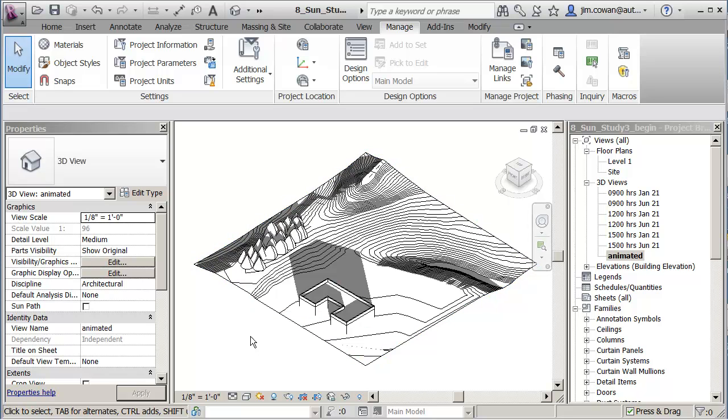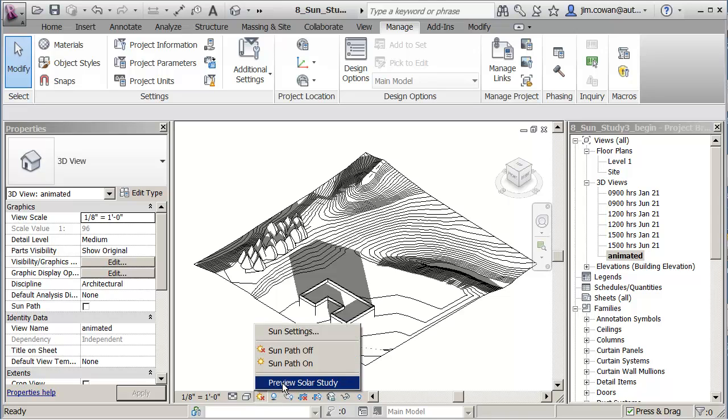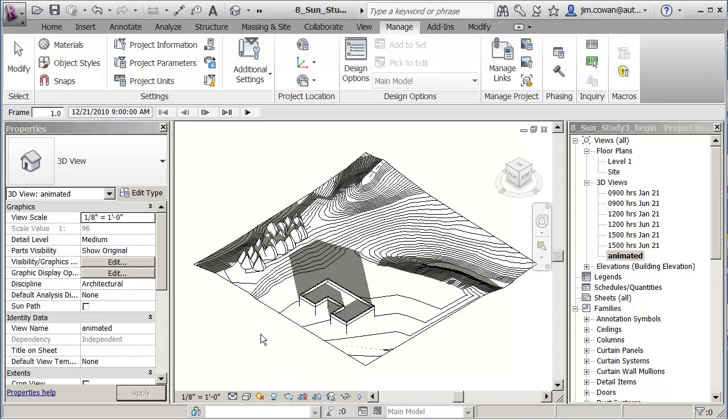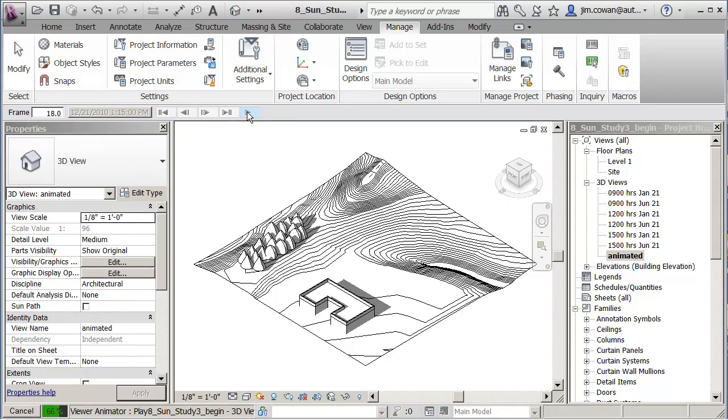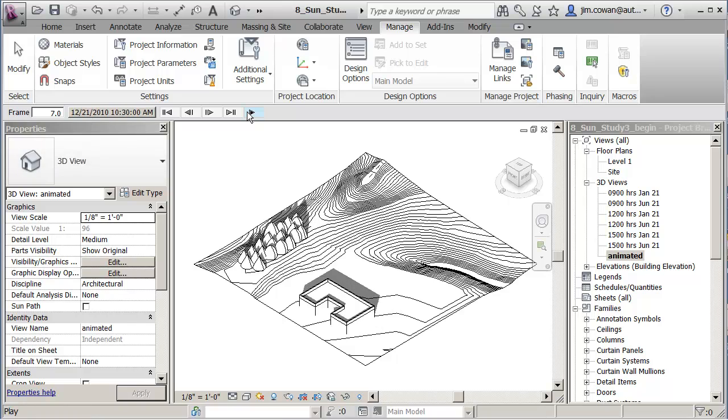But my next step is to go to the sun path option, and if I click on it now, if I've set it up to work, I can now say preview solar study. If you look, there's my beginning at 9 o'clock in the morning, and you'll see that as I step forward, it goes forward 15 minutes at a time. So I can see the shadows as they move around the site. Or if I just say go to the beginning and then say play, I'll see the shadows as they fall across my site for my